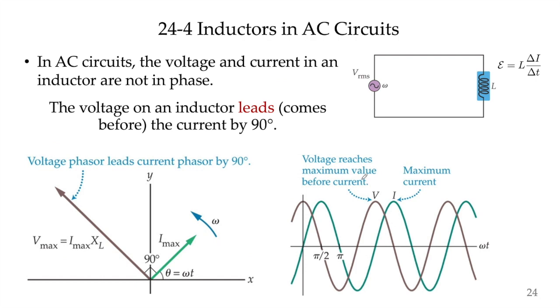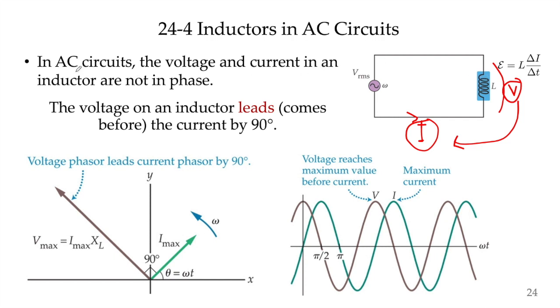Okay, so now we talked about the current and the angle between the current and the voltage in R circuits, in C circuits, in RC circuits. Now let's talk about what happens between the current in the circuit. We have the current in the circuit and the voltage here. You can call it epsilon or V. Now the question is, is there a phase angle between this voltage and the current when we have an inductor in